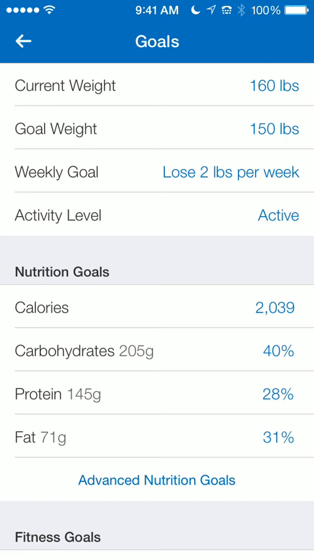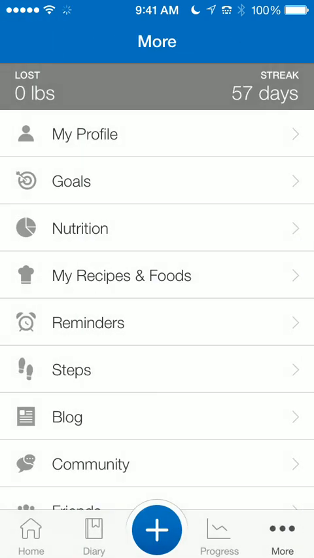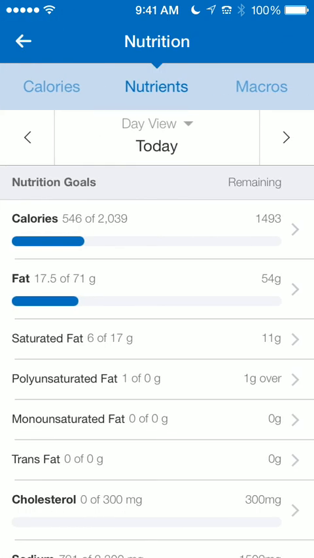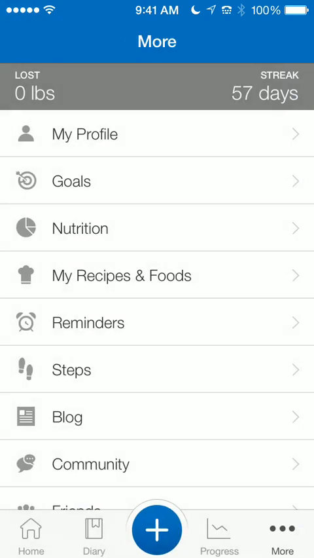As I've told a lot of you, you can't manually adjust your grams on MyFitnessPal, so you can only adjust the percentage, and there's a workaround for that, which I'm happy to send any of you guys to do on your computer. Other than that, we have today's nutrition, we have my recipes and foods, etc. But I encourage you all, once you just use MyFitnessPal for tracking